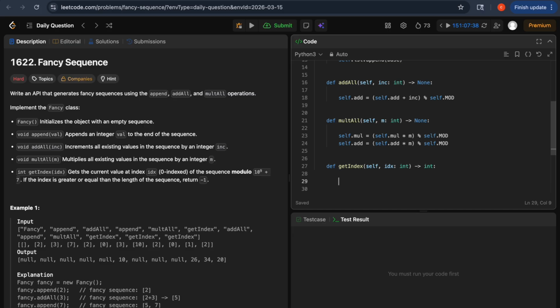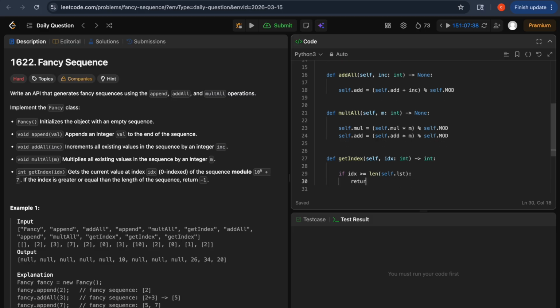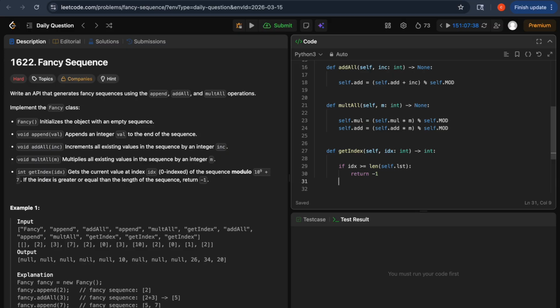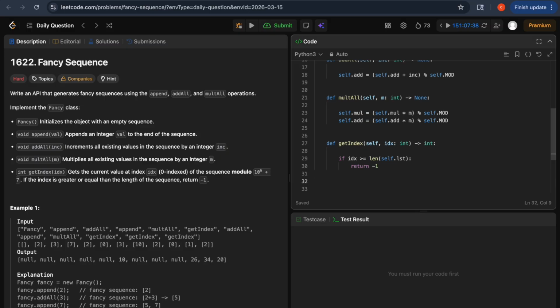So now we have to check the base case, which is if idx is greater than or equal to the length of the given self dot list, in that case you return -1, else you can perform the operations where the answer is equal to self dot list of the index value,